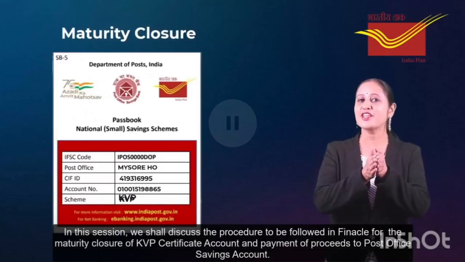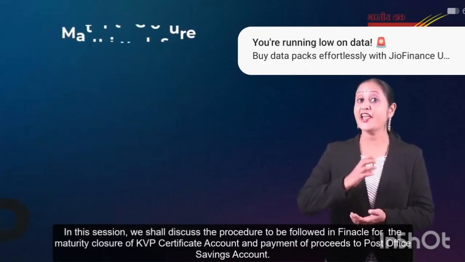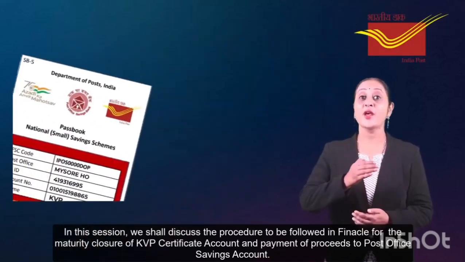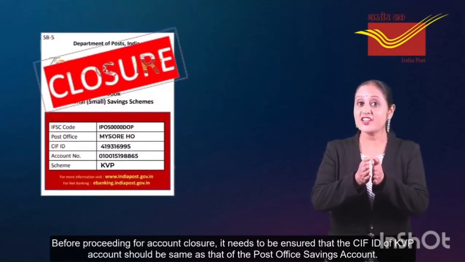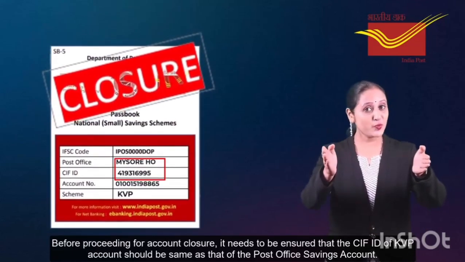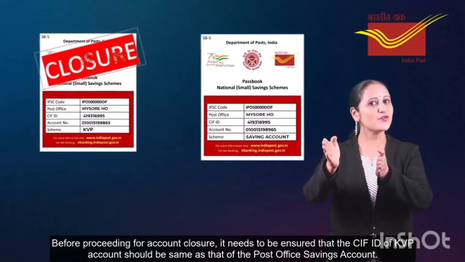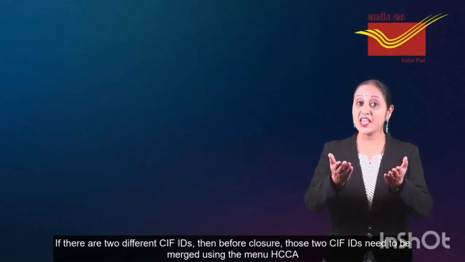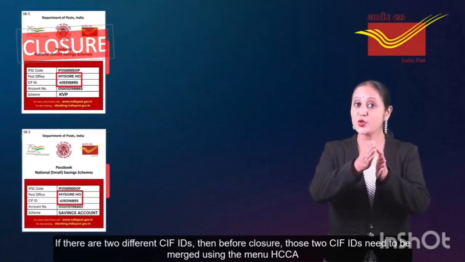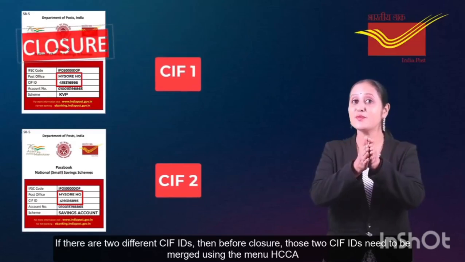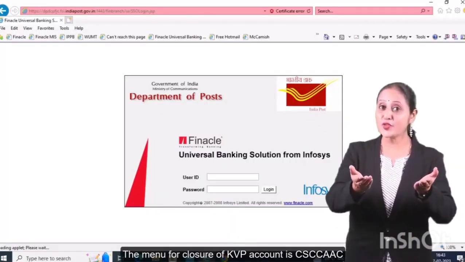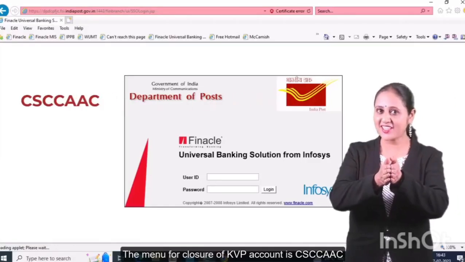This session covers the maturity closure of the KVP certificate account and payment process through post office savings account. Before processing for the account closure, it needs to be ensured that the SIF ID of the KVP account should be same as that of the post office savings account. If there are two different SIF IDs, then before closure, those two SIF IDs need to be merged using the menu HCCA. The menu used for closure of the KVP account is